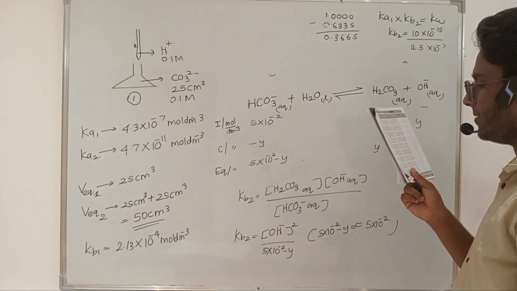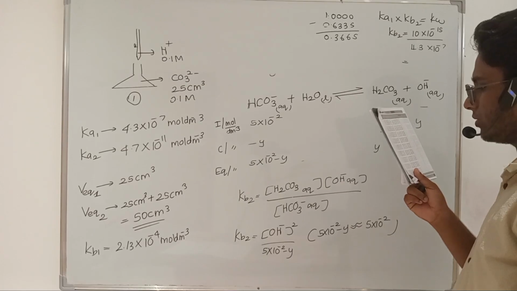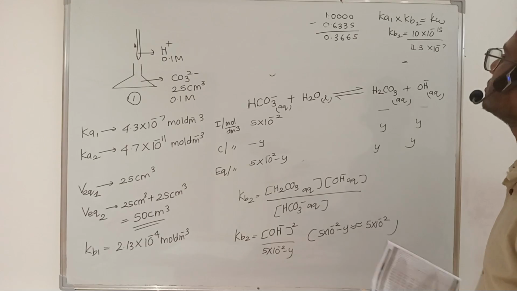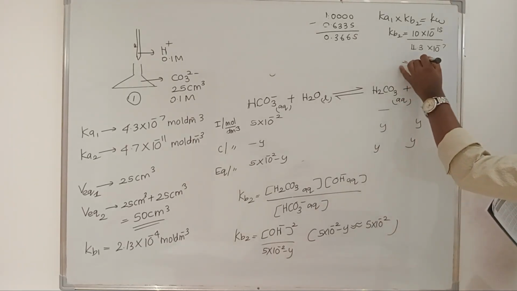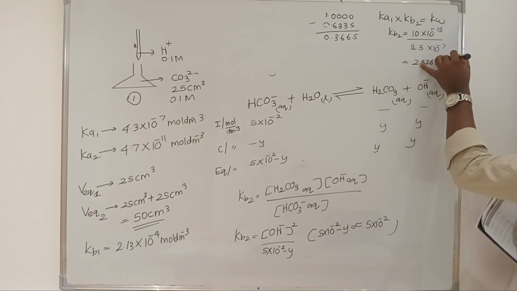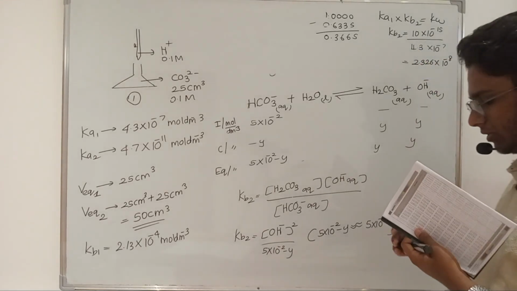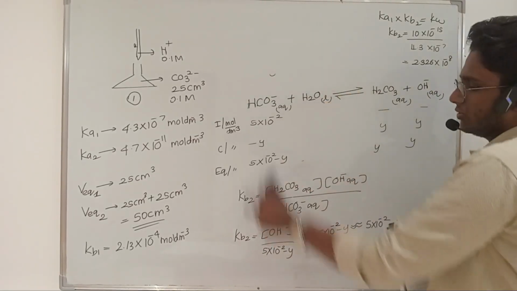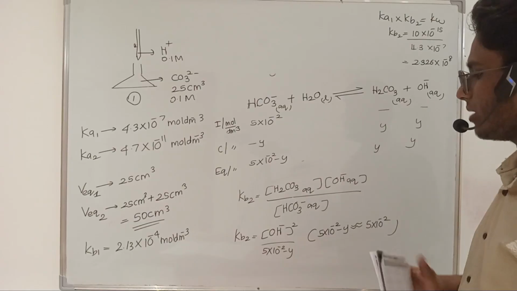3665 is gonna be 2326, into 10 to the power minus 8. That is Kb2, right? Now I know Kb2, so I can find the OH minus using this expression, right? So Kb2 is going to be